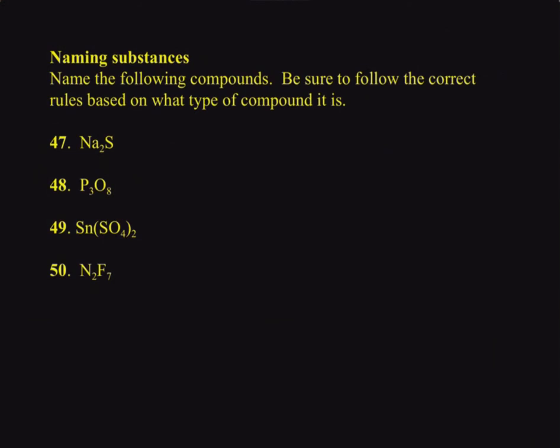Okay, so write the name for these compounds. Now some of these are ionic, some of them are covalent. The way you can tell is that if it starts with a metal or if it starts with a polyatomic ion, it's ionic. So in that case, you don't have to do too much other than write the name of the first element, sodium, and then you write the name of the second element, sulfur, but you have to change the ending to sulfide. Now in this problem, we've got two nonmetals, phosphorus and oxygen. So it's not an ionic compound, which means I need to include a prefix to tell me what the number is that goes with each element. So this is